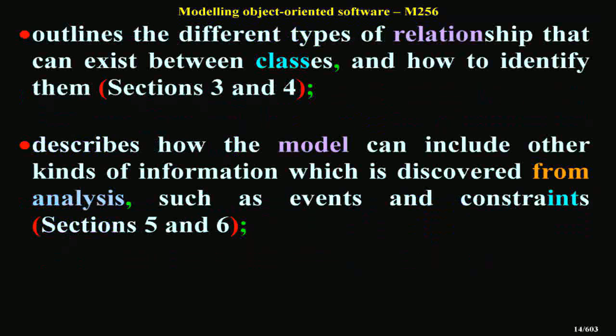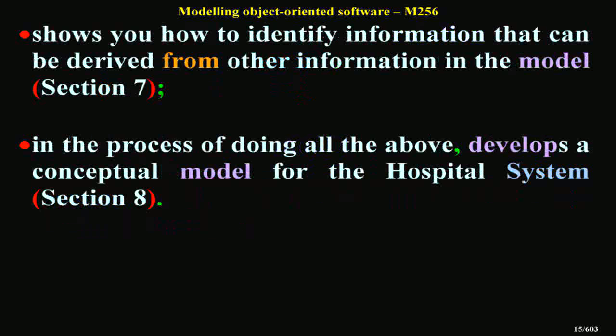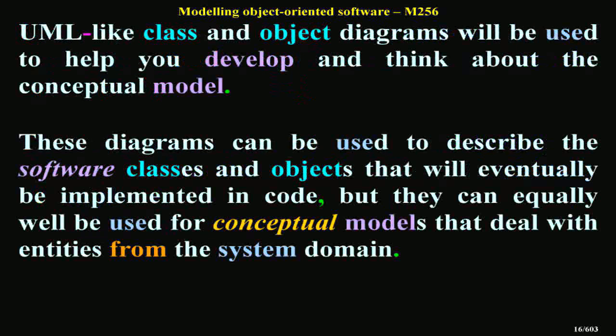Sections 3 and 4 describe how the model can include other kinds of information which is discovered from analysis, such as events and constraints. Sections 5 and 6 show you how to identify information that can be derived from other information in the model. Section 7, in the process of doing all the above, develops a conceptual model for the hospital system. Section 8: class and object diagrams will be used to help you develop and think about the